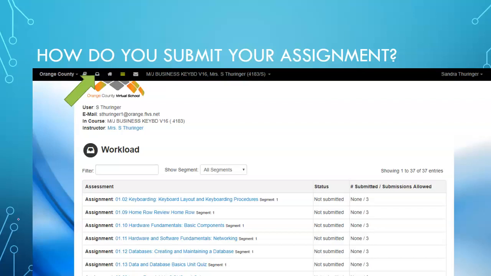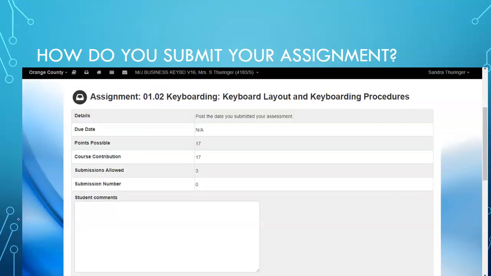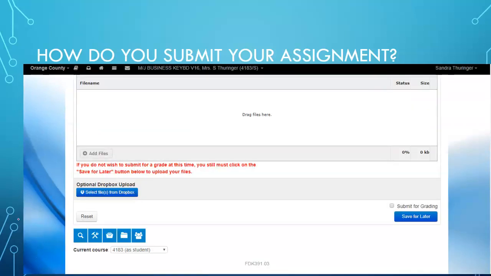So, like I said, when you click that assessments button, that second icon, you get your workload. So if you click on that first lesson 1.02, you will see that it comes up with this information. You need to make sure that you hit student comment box, that you type in something, whether you say completed, done, or the date that you completed it. Then you would scroll down,